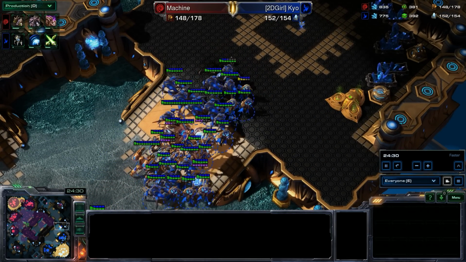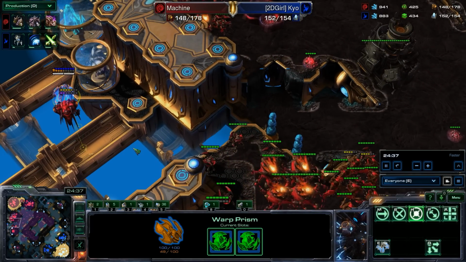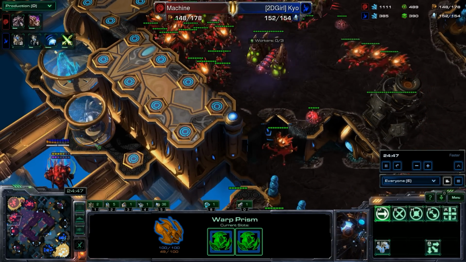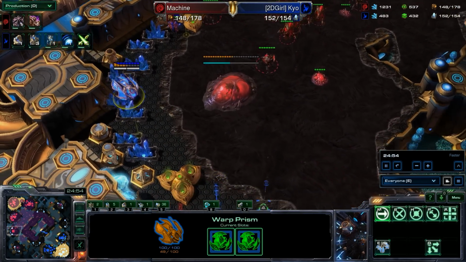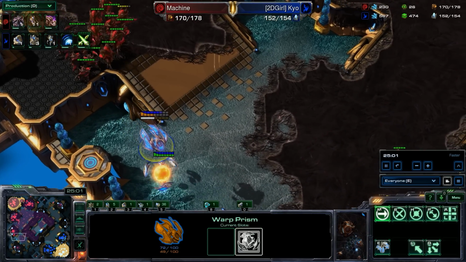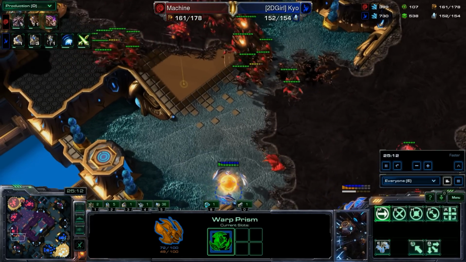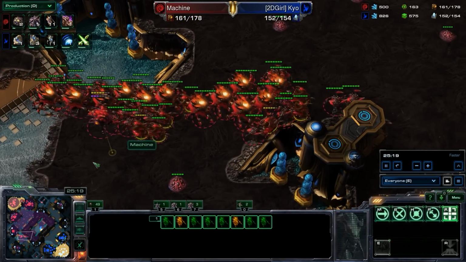Start securing this location. See Machine down here still rather concerned about this warp prism that's kind of in between his bases. Right outside the AoE range of that corrosive bile. Flying out of there. Sometimes it's worth taking a gamble to drop these disruptors off. See if you can try and pick off any large parts of the army, even if there are Hydras in